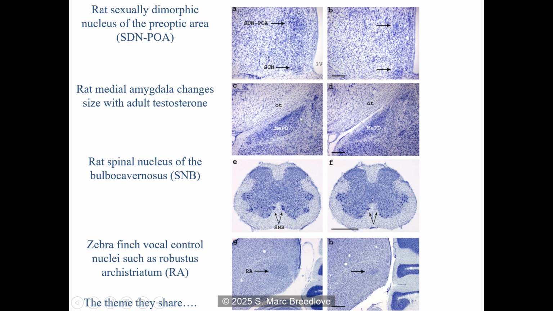In the medial amygdala, there were sex differences. All of this looks at sexual dimorphisms. It actually started in songbirds like canaries and zebra finches, where males sing, and the nuclei that are important for singing are much larger, more prominent in males than they are in females, for example.